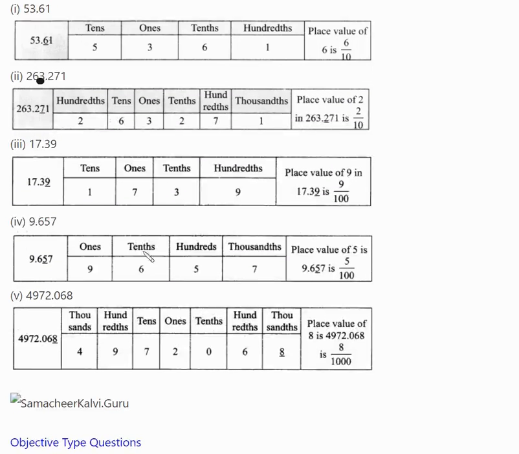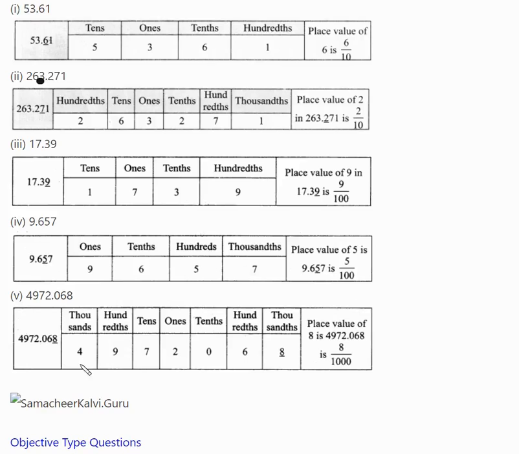Next. 17.39: 1 ten, 7 ones, 3 tenths, 9 hundredths. The place value of 9 is 9 by 100. Next, 9.657: 9 ones, 6 tenths, 5 hundredths, 7 thousandths. So the place value of 5 is 5 by 100. Yes. Next, last sum is